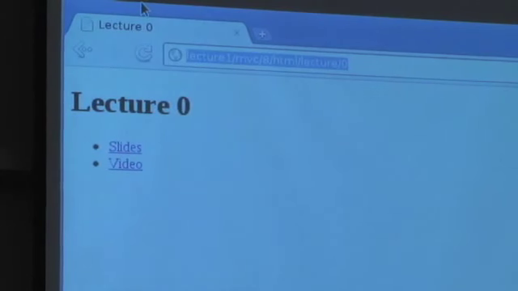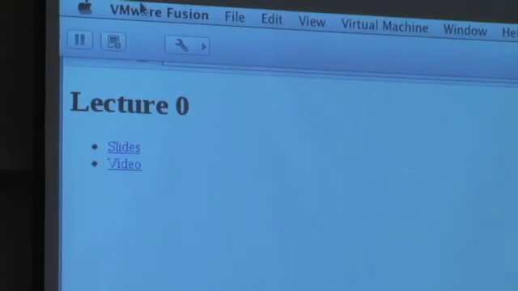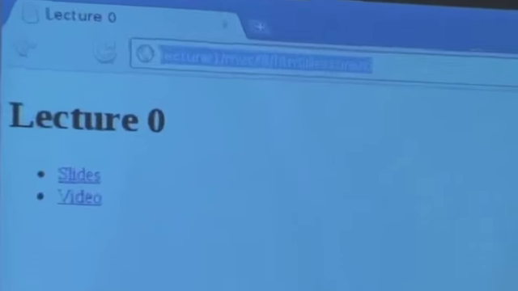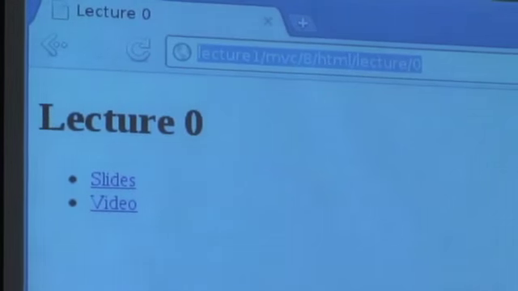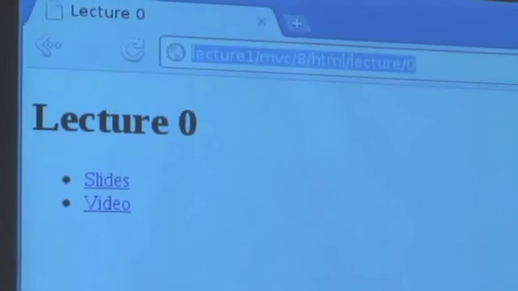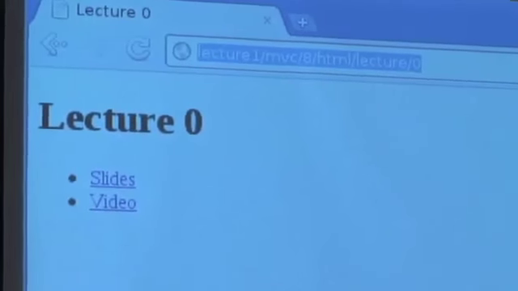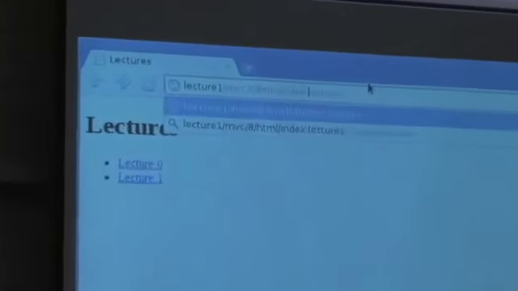Not quite as I just promised. We're actually going to clean this up a little bit. But notice that the URL right now is /lecture/0. And all of the other directories, of course, are just for lecture's sake. In a normal website, we would probably get rid of MVC and 8 and HTML. So it turns out that what you're really seeing here, let me go back to the first page here, is /HTML